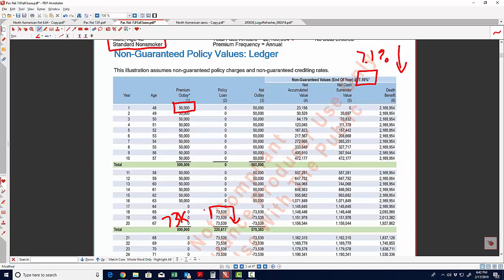But that's not the point of this video. The point of this video is not structuring it right versus structuring it wrong. The point is what happens when you get 0 years on a poorly structured policy. So we already knew that this income was going to be lower. That's a given. It's a poorly structured policy. But check out what happens when you throw in some zeros.